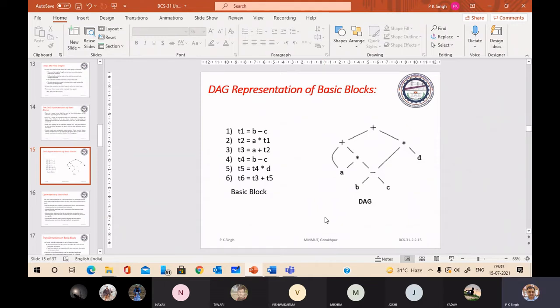If we apply various optimization techniques on basic blocks, it is called local optimization. If we apply the optimization technique across blocks, it will be global optimization. So we are going to discuss local optimization.